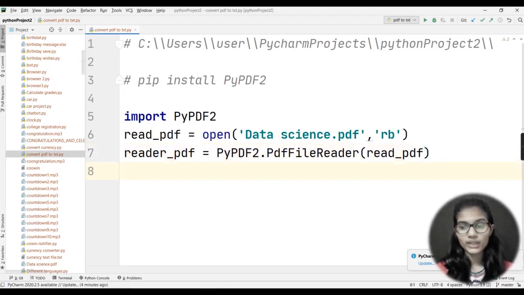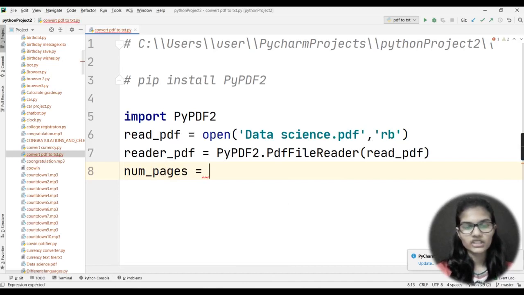Now basically, we have many pages in PDF files. It's not the case that you have 100 pages in your PDF file and you want to convert all 100 pages into a text file. If that is the case, then it is okay. And if you just want to convert 1, 2 or 3 pages, that can also be done here. Let me show you how to write it, so that you choose how many pages you want to read. Let's say I take a variable, and that is num_pages.